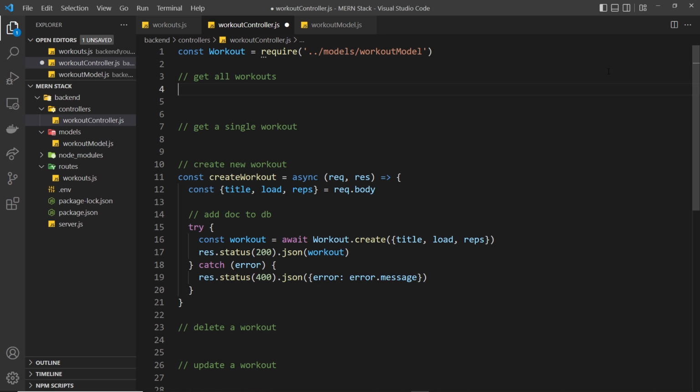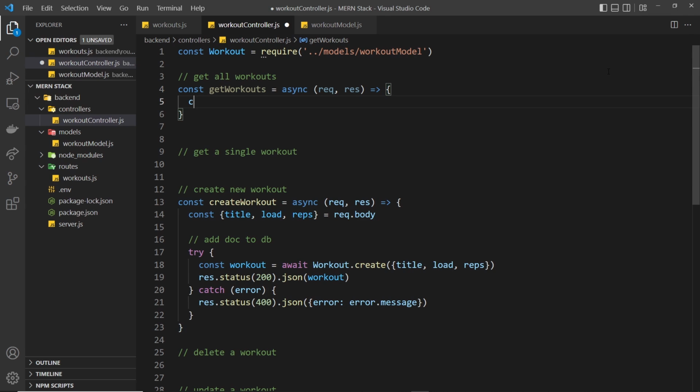So we're going to say const getWorkouts, and we're going to set that equal to a function. In fact, it's an async function. All of these are going to be asynchronous. We're taking the request and the response object, and then inside here we can say const workouts, and we set